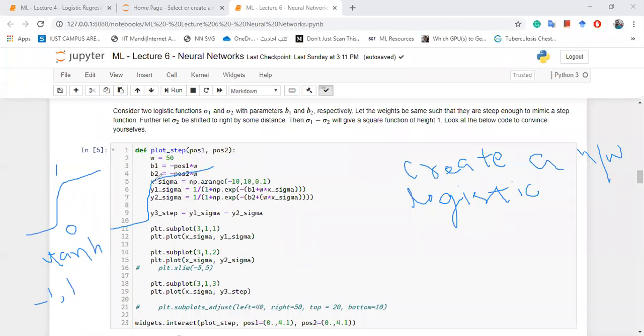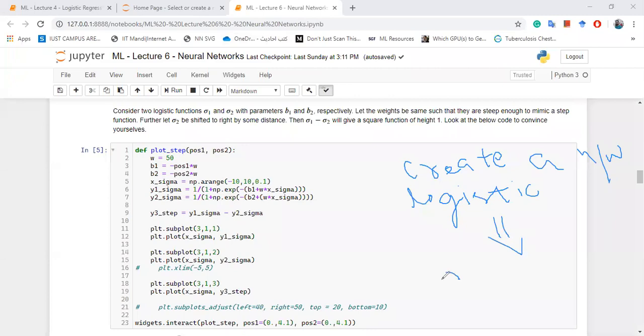rectified linear unit. So not this, sorry. That behaves like this. And similarly, we have leaky ReLU, etc. So these are the different sigmoid functions which we have. And using those sigmoid functions, we can always create a step function. So we have these sigmoid neurons, and using these sigmoid neurons, now we can create a network, and that network